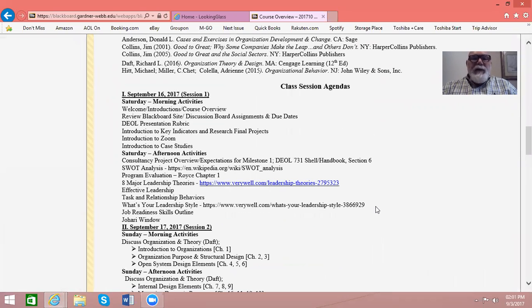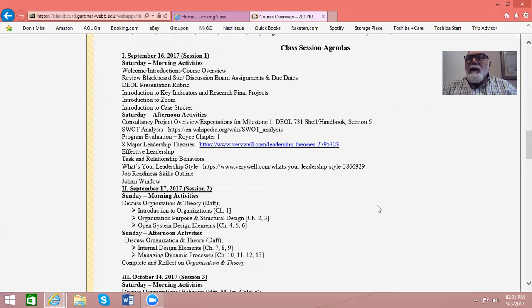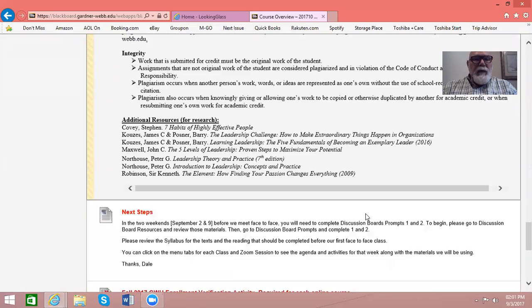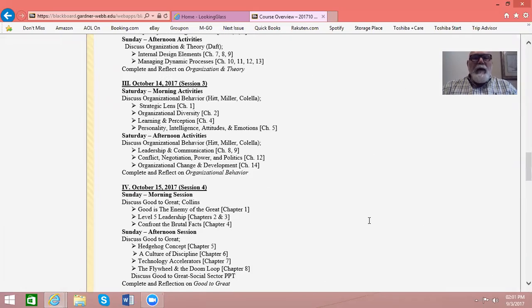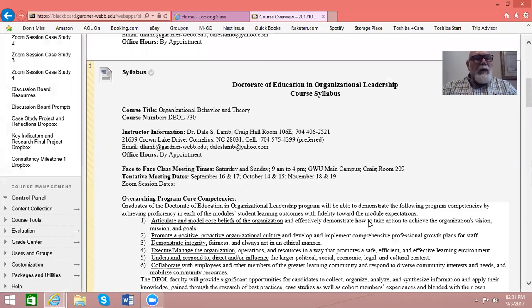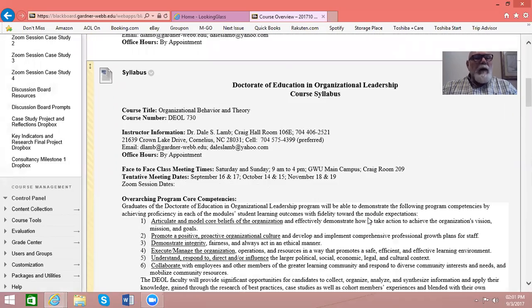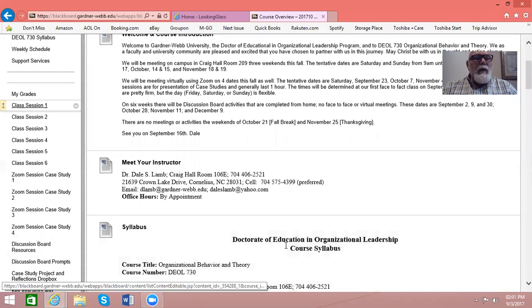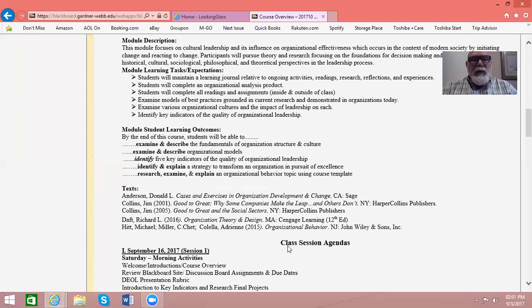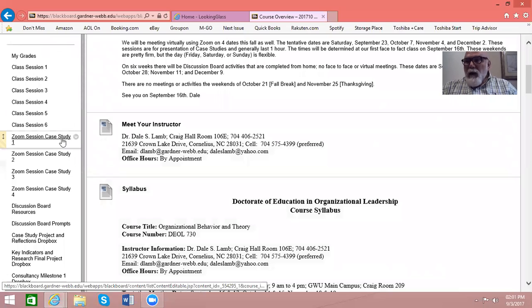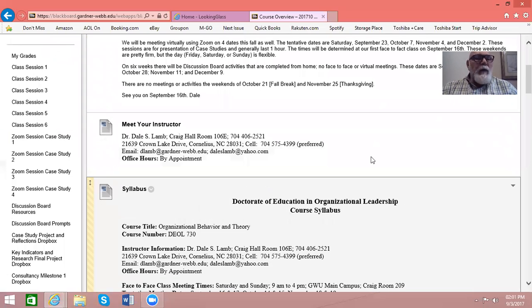What's important about the syllabus is I have the activities that we're going to cover in each of our class sessions right here. You could print this out if you wanted to, and I also have it in document form under syllabus, so you'll know what we're going to do every week. And I have tabs over here on the left. When you click on them, all these resources and materials that we're going to cover are already preloaded for you under the class sessions. So it's fairly well organized. You'll know everything that you have to do from day one.